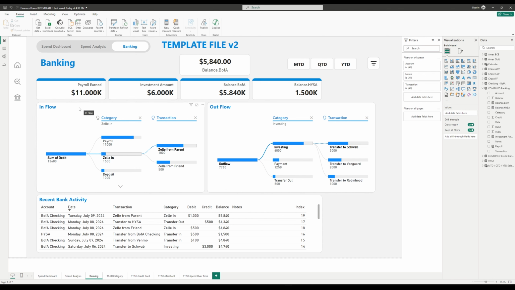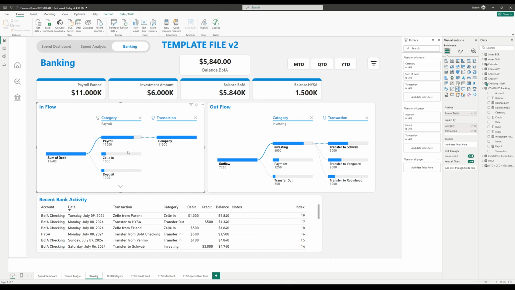Now next up is this inflow and outflow here, and again, this is not really how I do my sheets, just because mine's more complicated. But inflow is just the sum of debit. And again, you could rename this. So here you could just go over here, rename this visual, make it like inflow if you want. But that's what the actual thing is, sum of debits. And then there's category and transaction. So you could see,